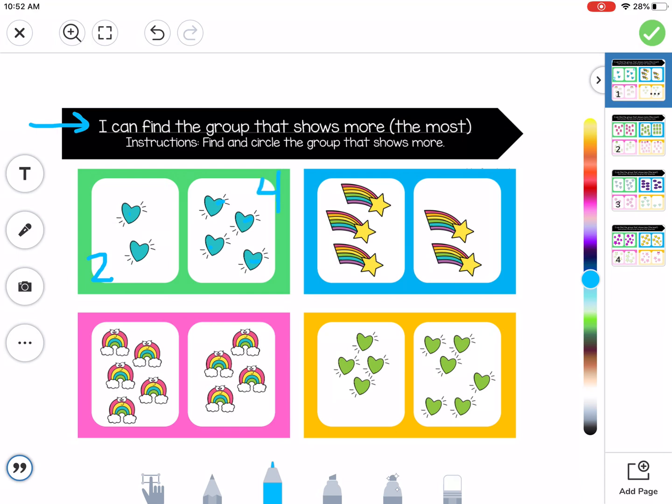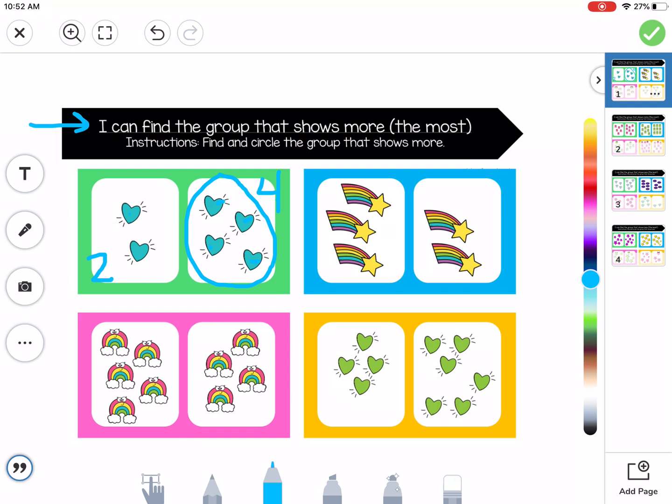Then it says, circle the group that shows more. Is 2 or 4 more? Which one is more? Well, 4 is bigger than 2 or greater than 2, so we're going to circle this one here. Okay? I will let you do the rainbows and stars, the rainbows and clouds, and the green hearts